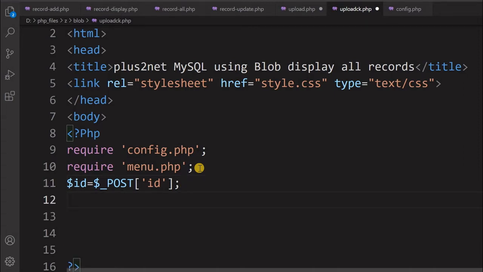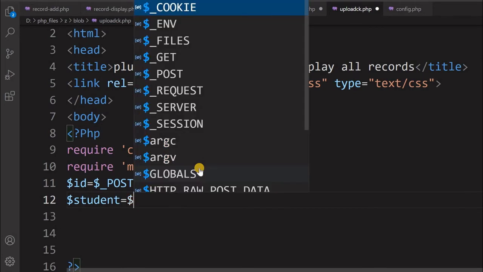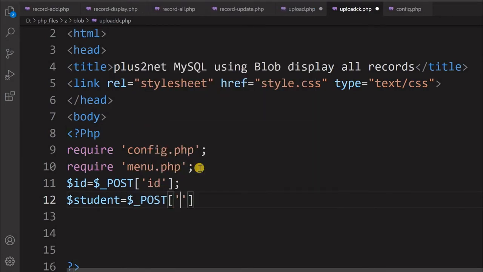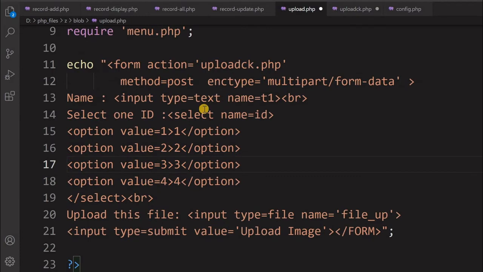After that, let's take the student name: student equal to $_POST. Sorry, it is not student, it is t1, because it's a text box. t1 is the name, as you can see in our upload.php file. The input name is t1.